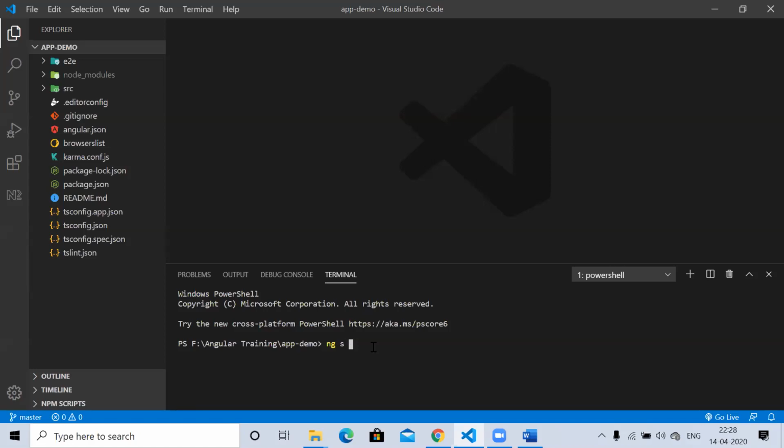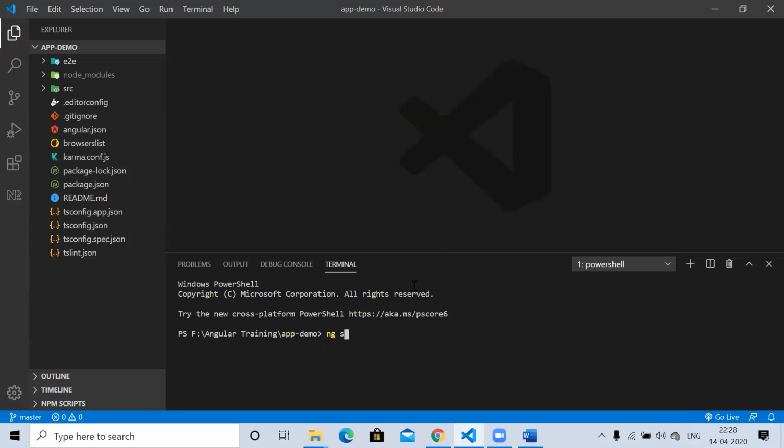After that, I'm going to use -o. The -o means whatever default browser you have set in your system, the application will open in it by default. You need not enter the URL and everything. So here I'm not going to use the -o for now.